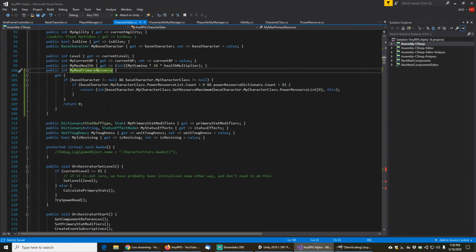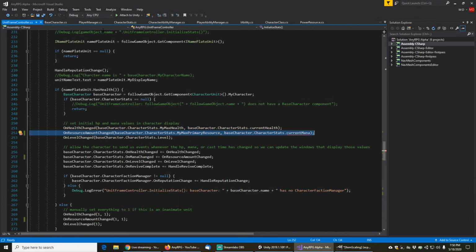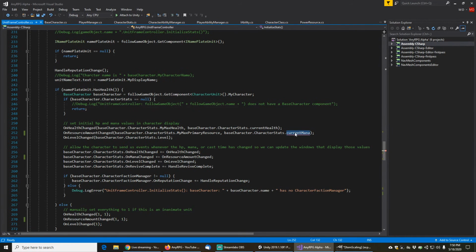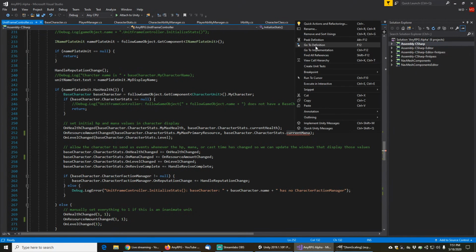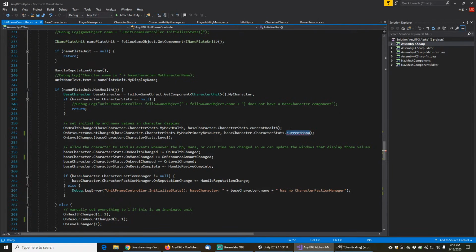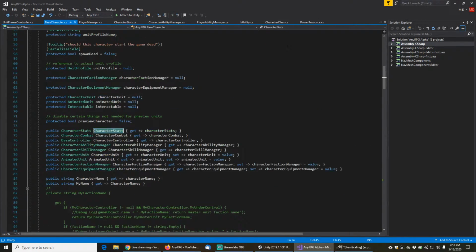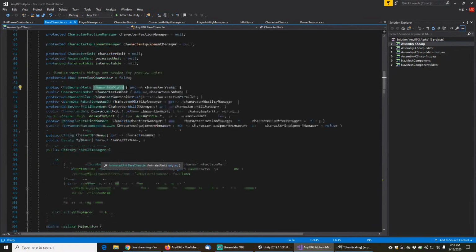Oh, you know what? That's actually coming out of character stats. Okay, so let's go back to this code right here. So we have my max primary resource, and then we have character stats, and we basically need my current primary resource amount. So let's go to the character stats,